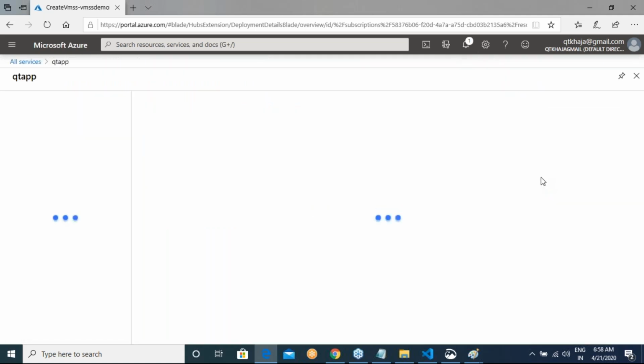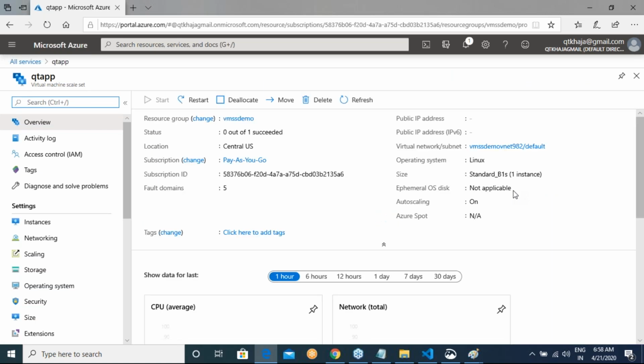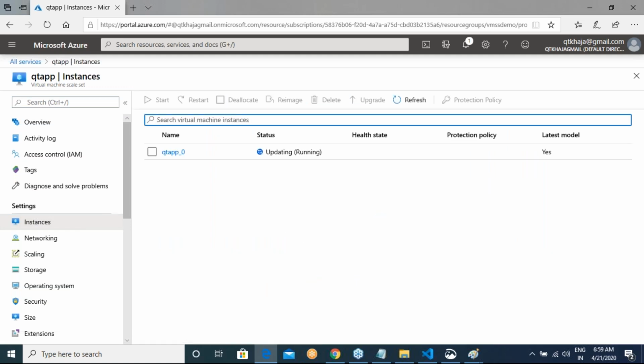So it says, I've done your VM scale set. I've made everything ready for you. Okay. It tries to tell that. The public IP address of the stuff is this. Right. Let me come back to all of that. But let me go to instances. Okay. So instances is how many virtual machines do you have?